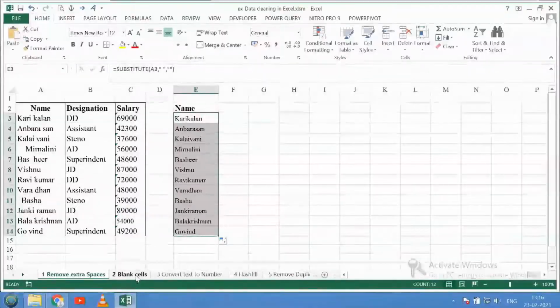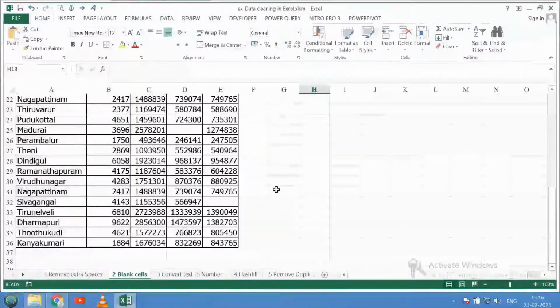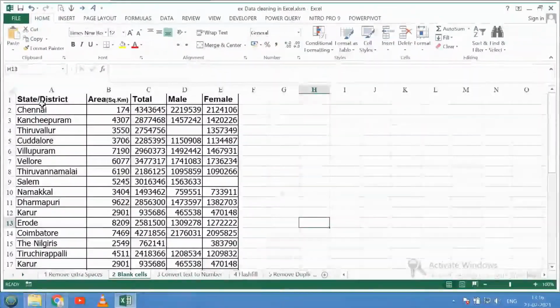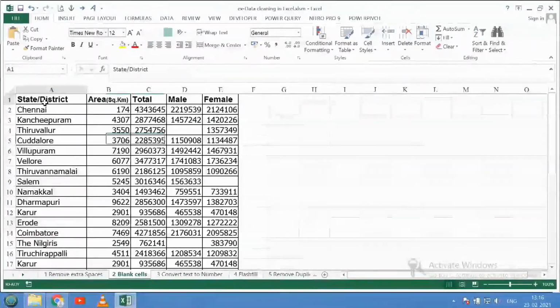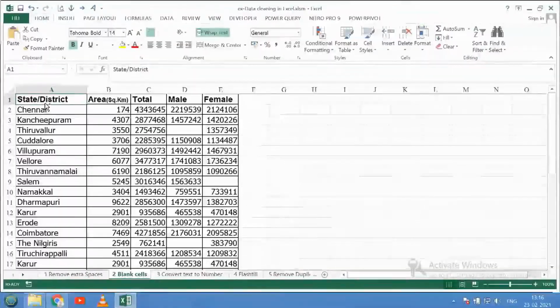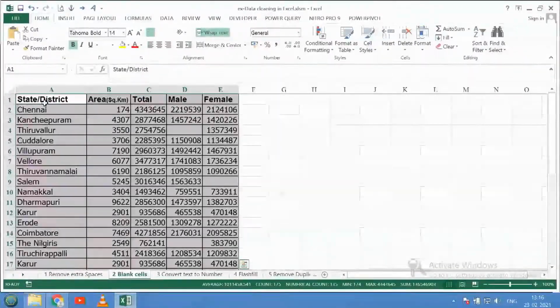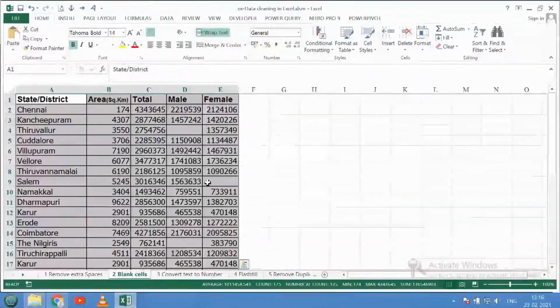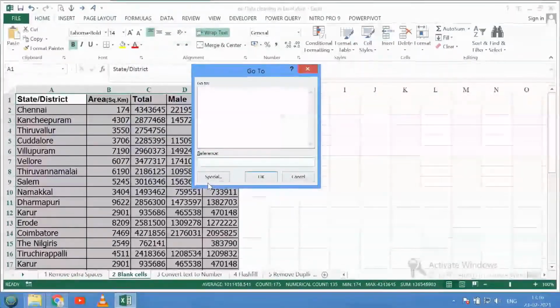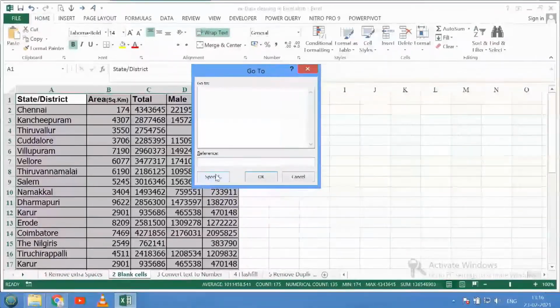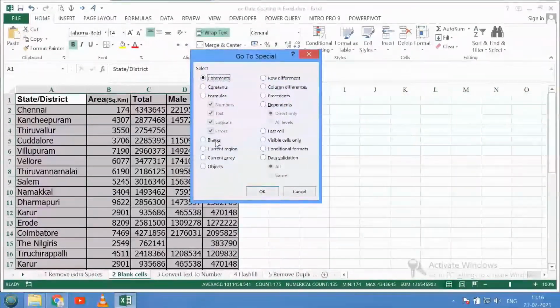The second method is identifying the blank cells from the collected data. I have some sample data with a name and area. Select the whole data. Then to identify the blank cells, press F5, then go to Special. Here we have the Blanks option.